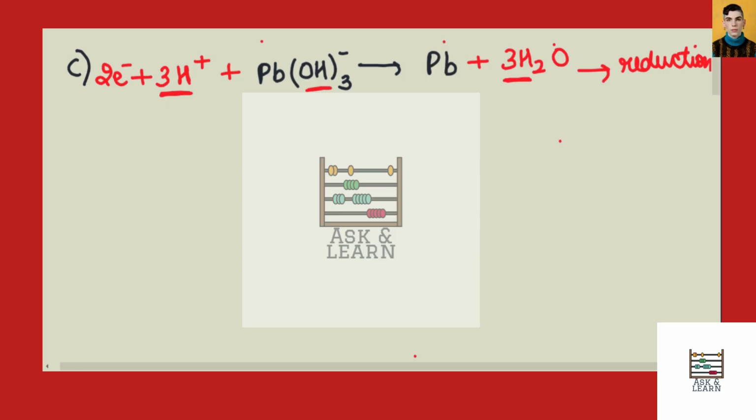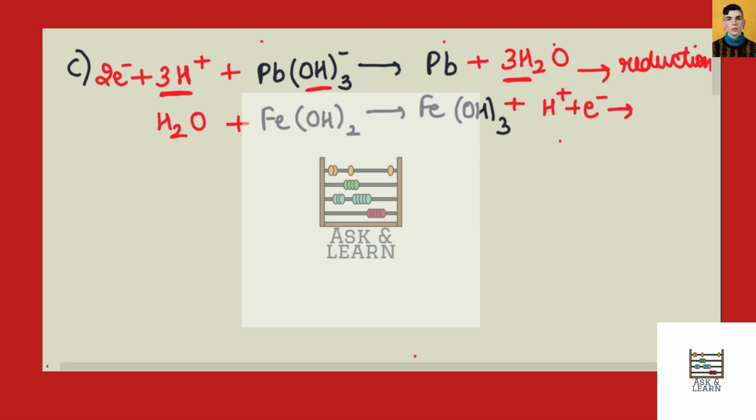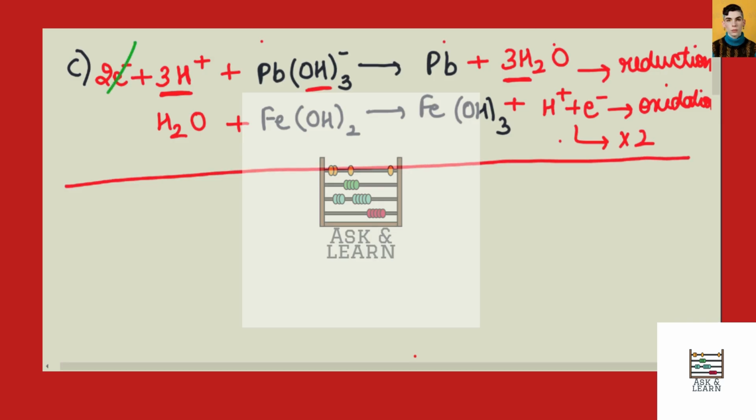Okay, and now for the other one, FeOH2 goes to FeOH3. We will balance the oxygen atoms first and then the hydrogen atoms. So to balance the oxygen atoms, we'll add 1 water molecule here and then 1 H positive here to balance the hydrogen atoms, and then another electron to balance the charge. So this will be the oxidation reaction since we are undergoing a loss of electrons. Okay, and now we will multiply this equation by 2 to cancel the overall number of electrons. So this gets cancelled here, and the equation that we get is,